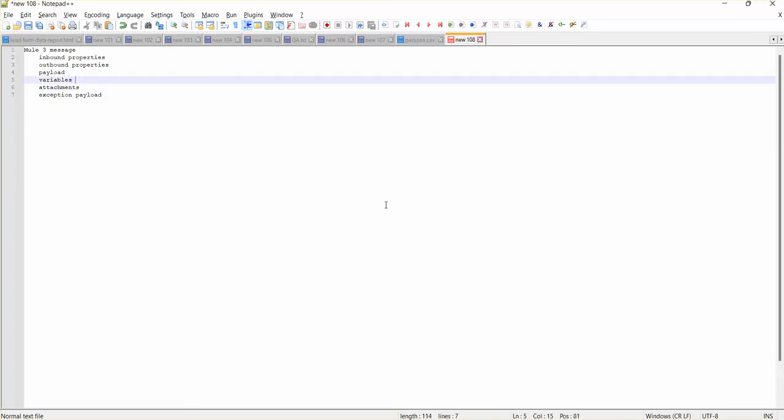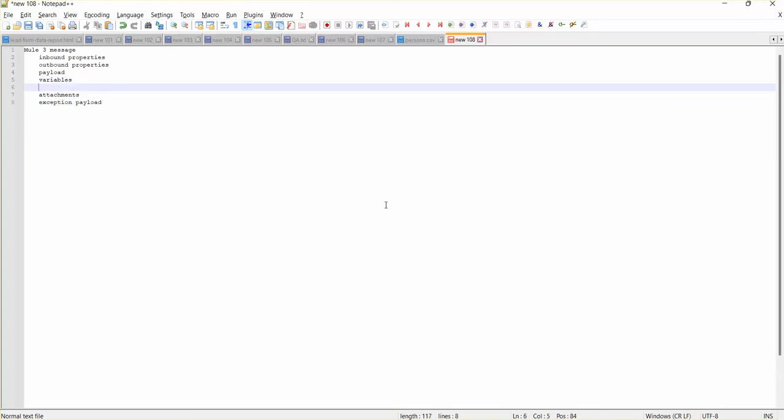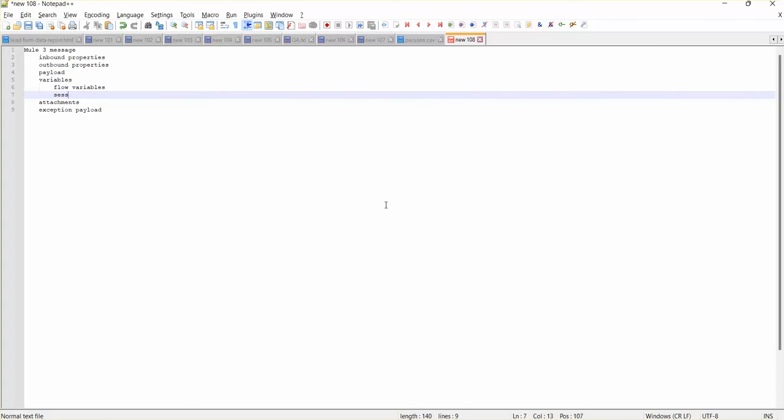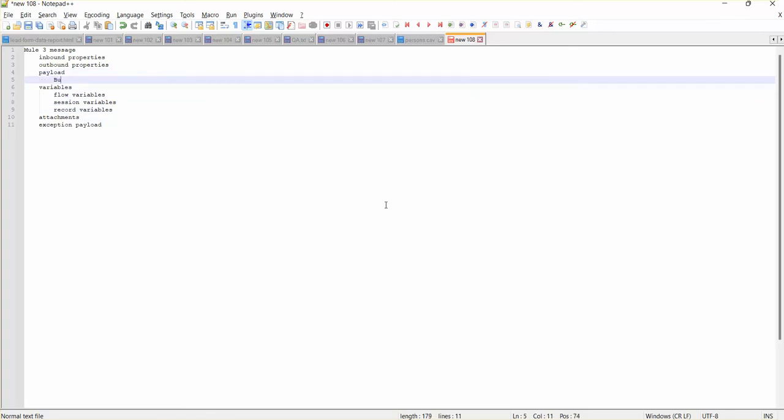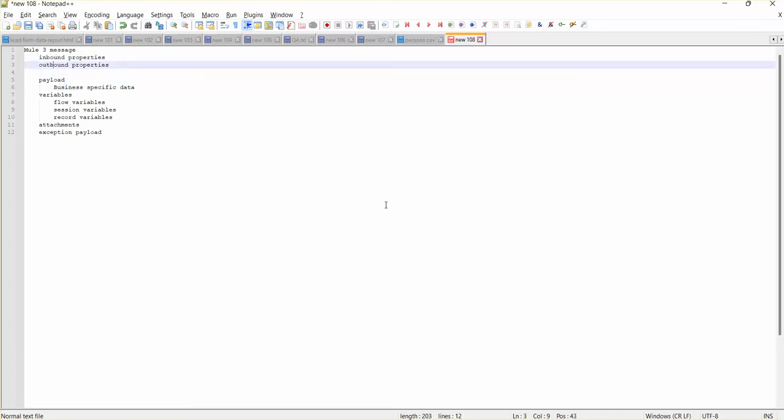And here in Mule 3, we have variables categorized into three: flow variables, session variables, and record variables. Payload is business-specific data. Inbound or outbound properties are additional properties to identify and